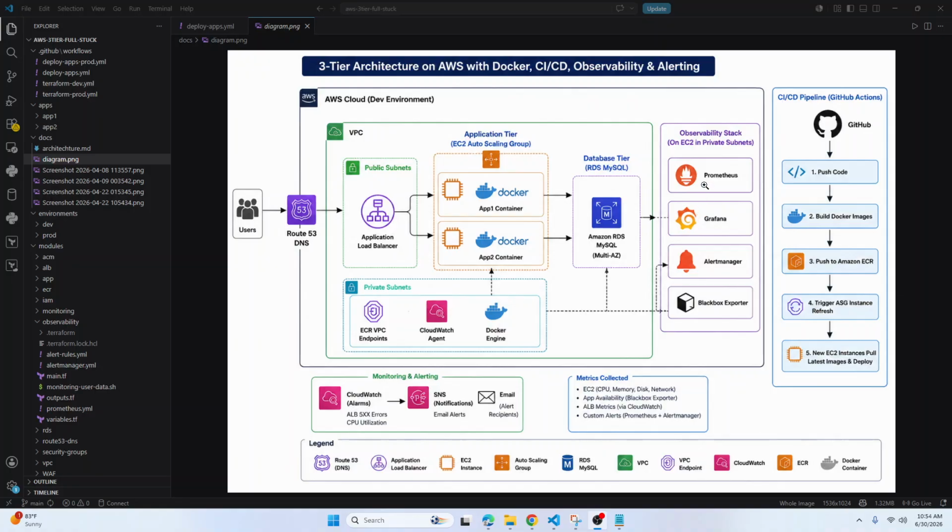Prometheus is the collector. It gathers raw numbers from the EC2 instance, like CPU usage, disk space, and memory, and stores them. Whereas Grafana is the display. It takes those raw numbers from Prometheus and turns them into visual charts or